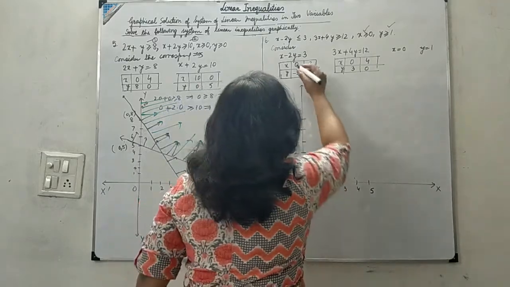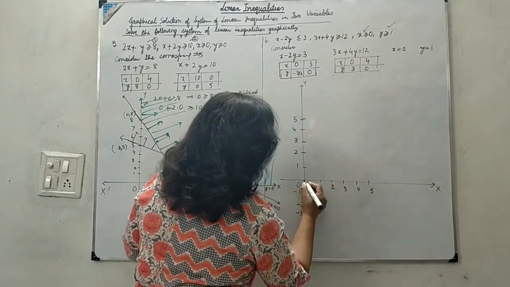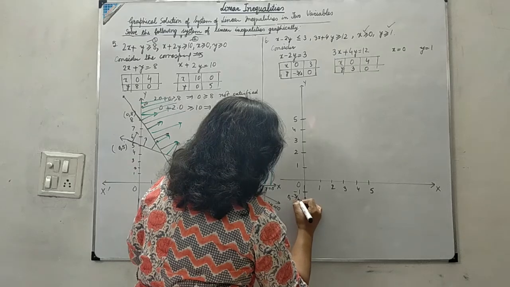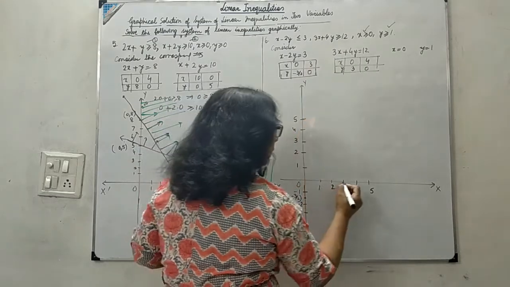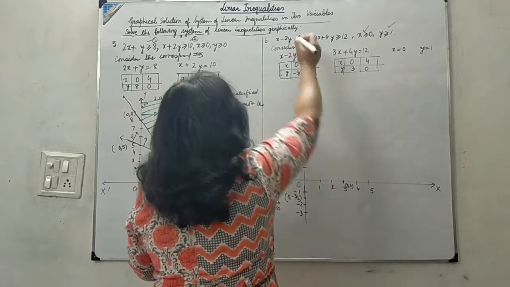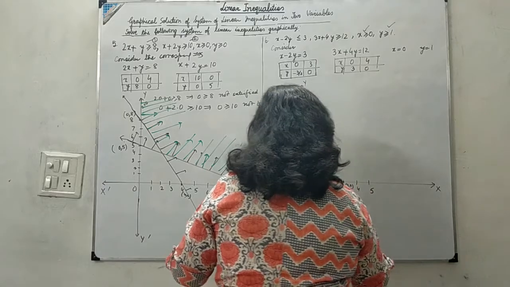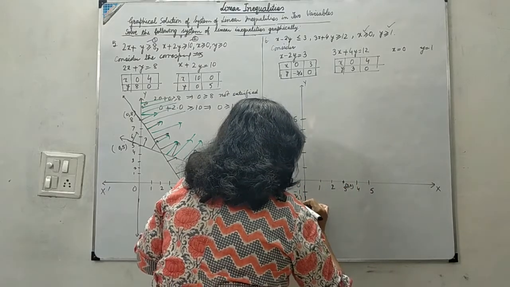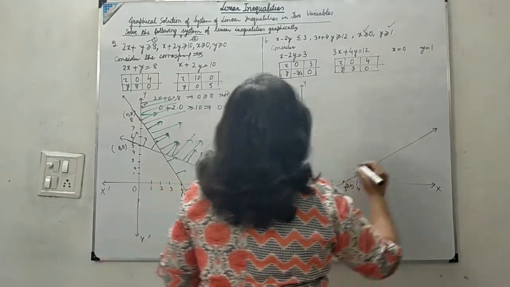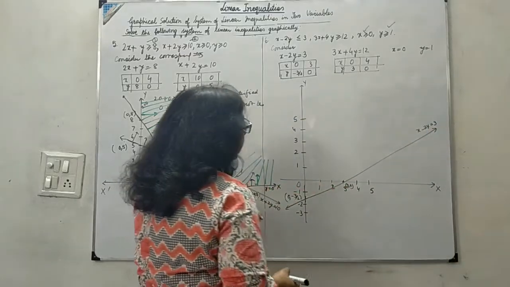You can take any other point if you want, 0, minus 3 by 2. This minus 3 by 2 is minus 1.5. So 0, minus 3 by 2 is here for the first line, and 3, 0 is the other point for the first line. So I draw this. This is your strict inequality, a dark line, like this. You can see this is your line x minus 2y equals 3.